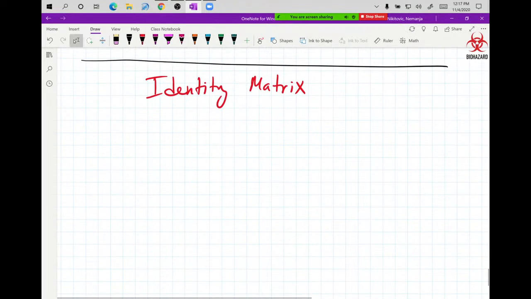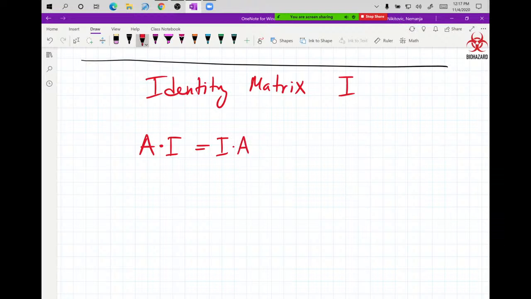And it is called the identity because when you multiply by it, you get the same value. So identity matrix I, and it goes like this. A times I is the same as I times A, ooh, commutative rule works here, is equal to just A. Guys, this is equivalent to saying A times 1 is equal to 1 times A is equal to A. So now this A is 10 or negative 100, whatever. So this I serves technically as number 1,